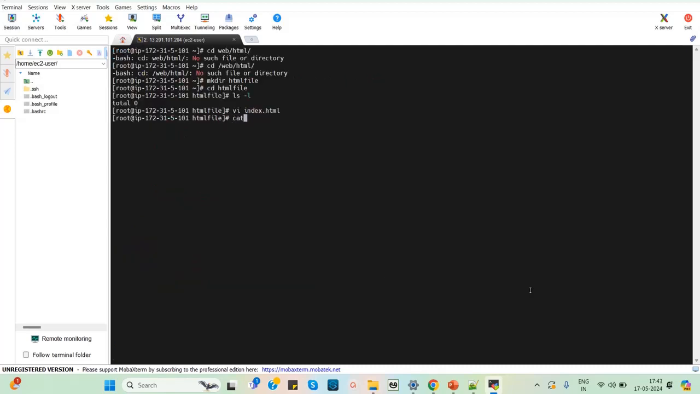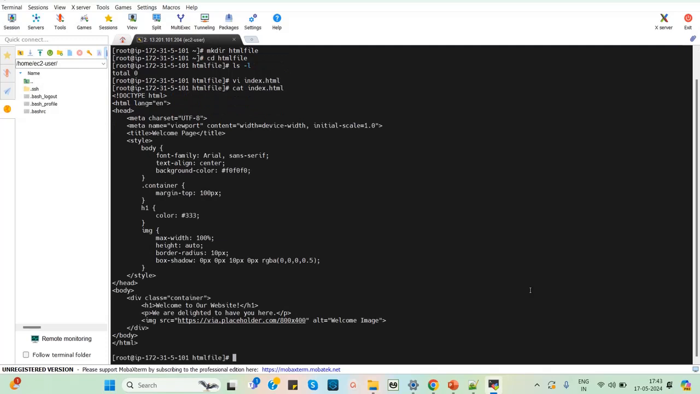It is saved now. So cat index.html to view the content. Yeah, now the content is saved. So let me just show you. Once you run vi space index.html, it will open a text file kind of thing for you. You can just copy